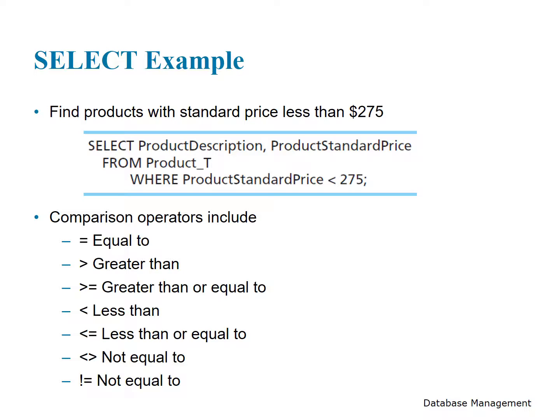Select example. Find products with a standard price less than 275. SELECT ProductDescription, ProductStandardPrice FROM Product_T WHERE ProductStandardPrice < 275;